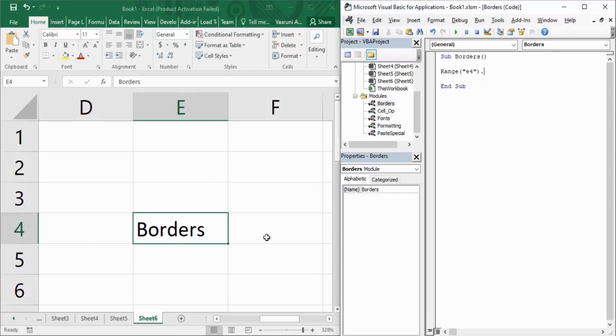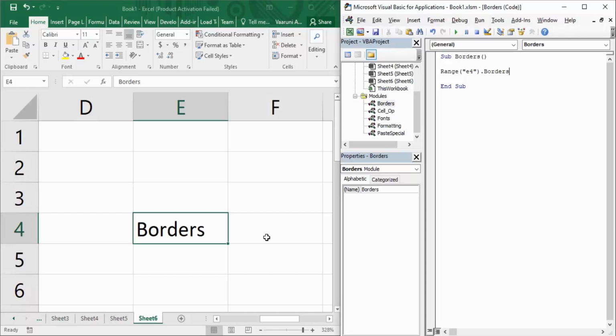Now you have to search for Borders. This is the Borders property. Once you put a dot, you can get access to all the methods of this Borders property. There are various methods of this Borders property, but we don't need to try all of them because there are many different options.